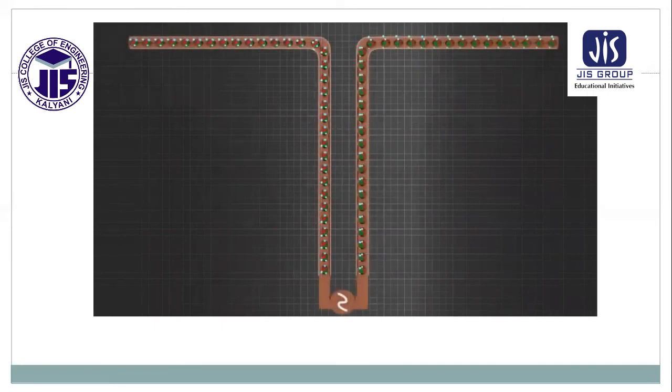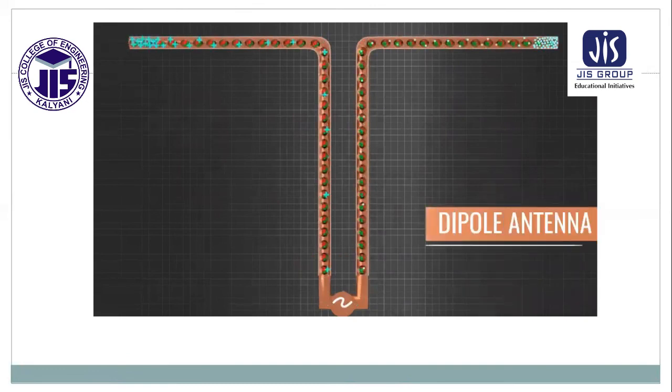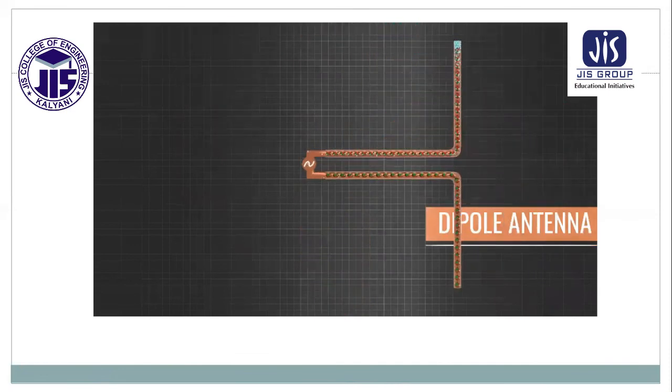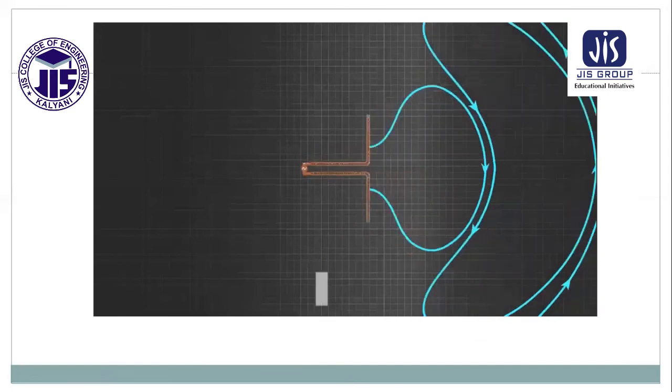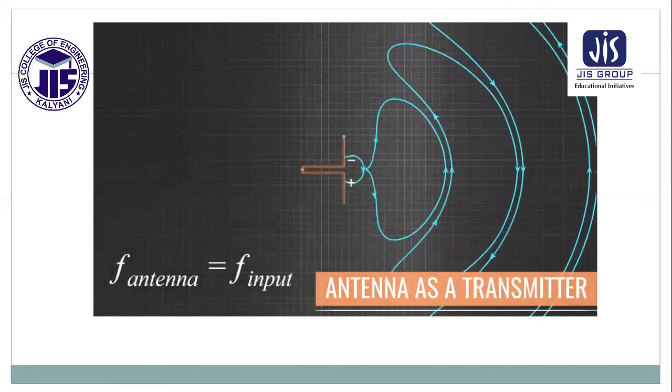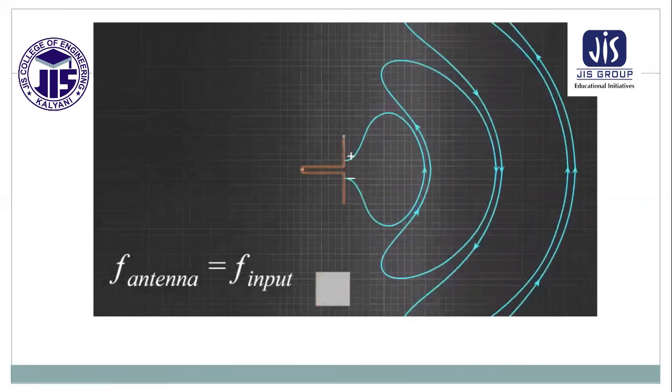A time-varying voltage is applied to the metal wire as shown. Due to the effect of the voltage, the electrons will be displaced from right to left and create positive and negative charges. With the continuous variation of voltage, the positive and negative charges will shuttle back and forth in the wire. This simple arrangement is known as a dipole antenna. The dipole antenna produces the same radiation as we saw in the previous section. In this case, the antenna works as a transmitter. The frequency of the transmitted signal will be the same as the frequency of the applied voltage signal.